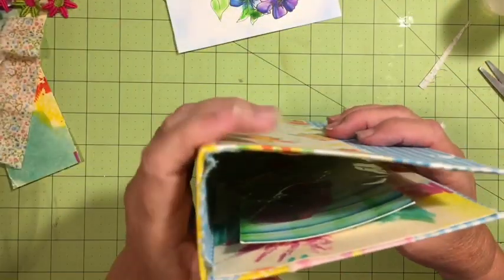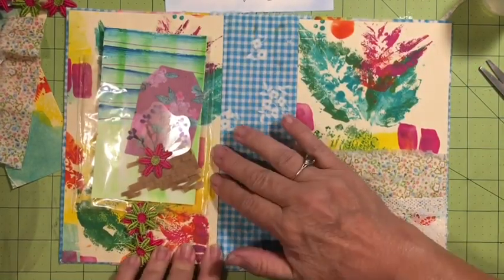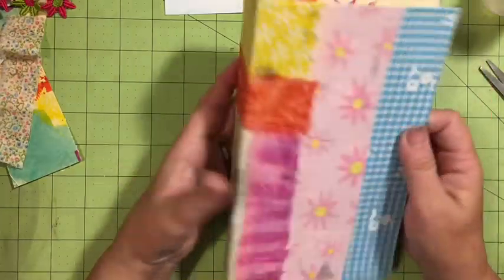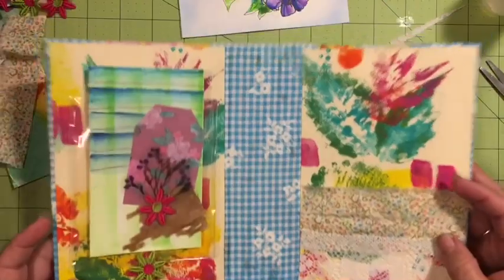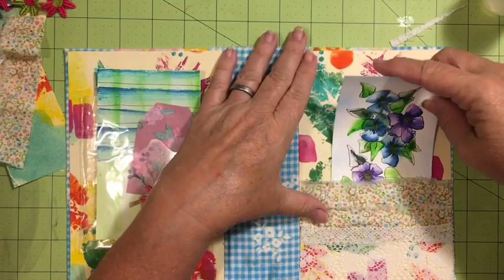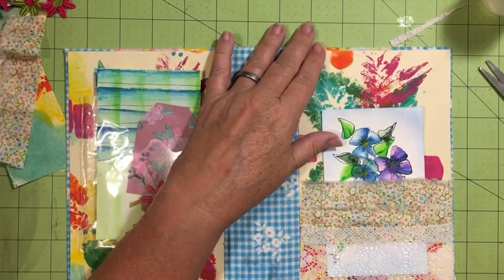Okay, so I'm going to go ahead, and this is going to continue to dry. I am really happy with what I've got here. Like I said, it's going to be an art journal, and so I might make a video of making it. And so this was the watercolor video that I made for one of the, during the, I think it was during